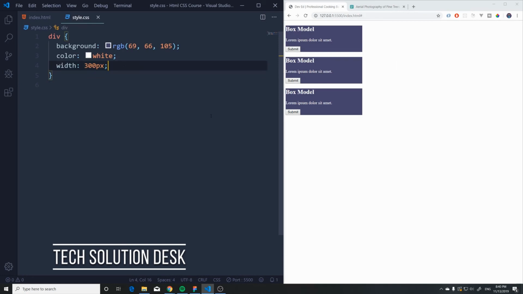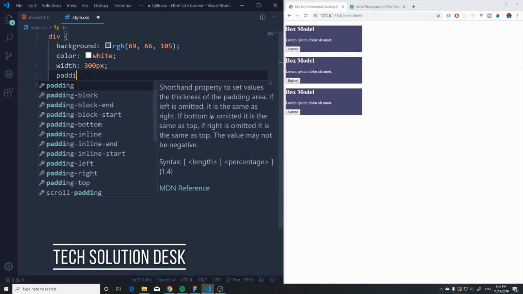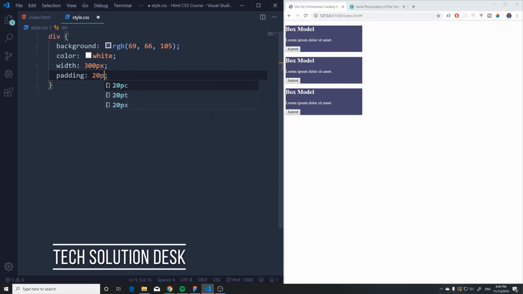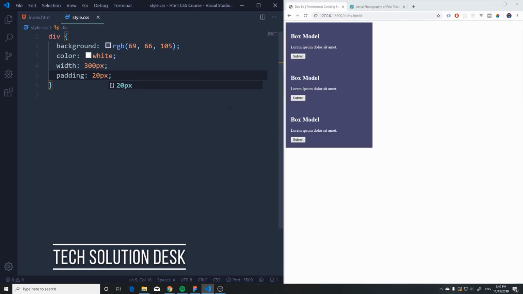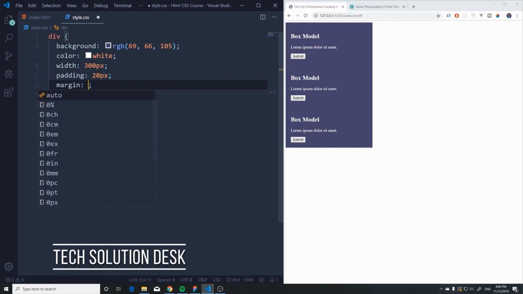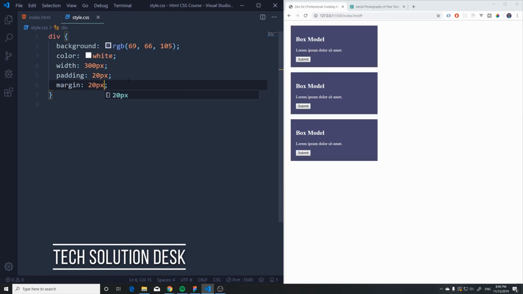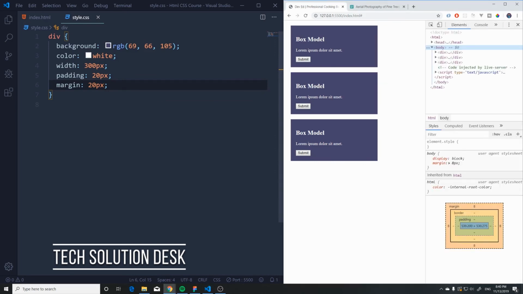Okay, what happens if I add a padding to this? So I want to add a padding of 20 pixels to this. Well, oh, okay, hold on, the thing grew. The thing grew a lot. And sometimes this can be problematic because we might add paddings and margins in different places. Sometimes it might look good, but the problem is that the amount of pixels that our original box had has